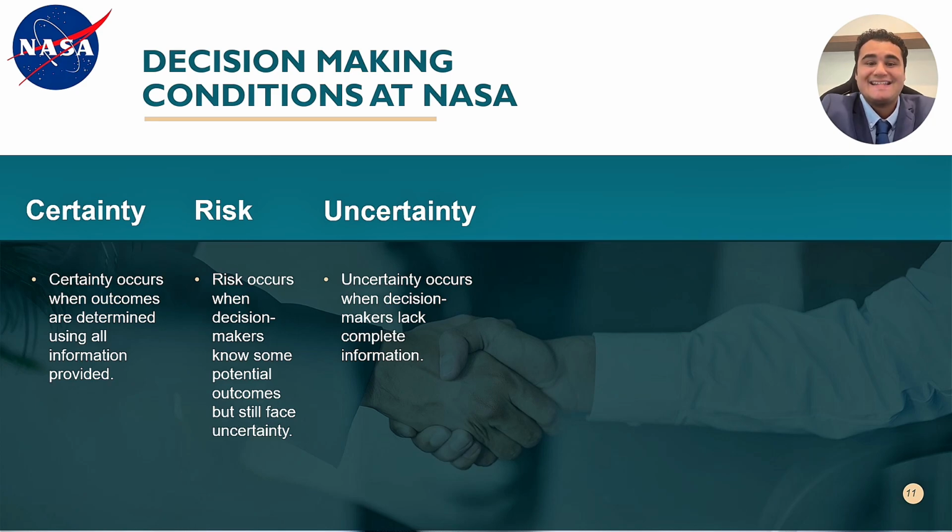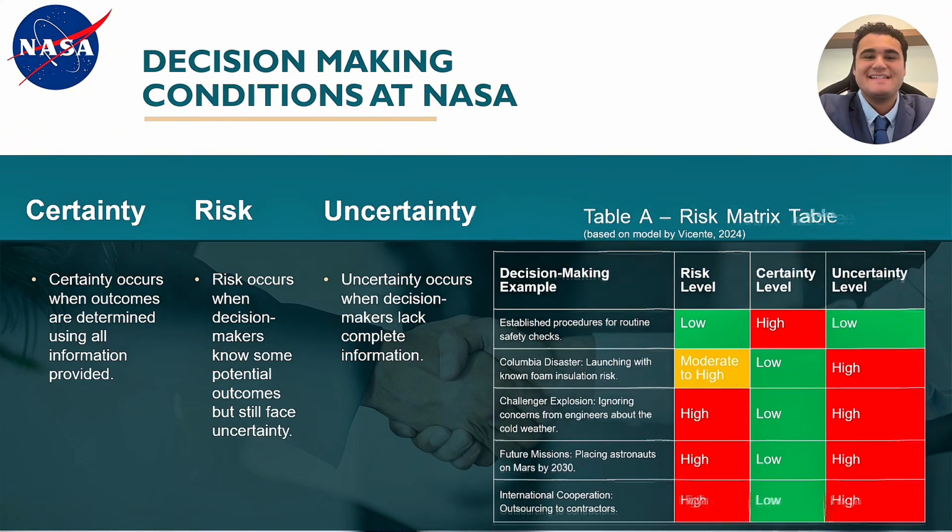Author Kirkpatrick examines how collaboration with foreign partners and private organizations can result in innovative solutions. However, it also complicates decision-making due to competing agendas, operational norms, and differing quality standards. By understanding the conditions in which NASA makes its decisions, the risk elements low, moderate, and high can be further determined, assisting with decision-making. The risk matrix table may also lead to a programmed decision where if there are too high levels of risk or uncertainty, the mission should be suspended until more information is gathered and any decision reviewed